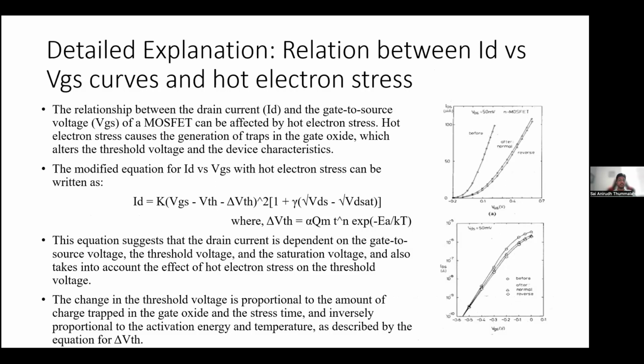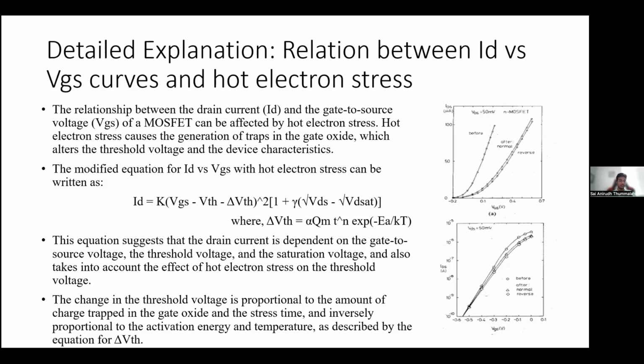Now coming to the relationship between drain current and gate-source voltage, and the effect that hot electron stress has on this relationship. We know that the relationship between ID and VGS can be affected by hot electron stress, and hot electron stress causes the generation of traps in the gate oxide, which alters the threshold voltage of the device. And taking into consideration the effect hot electron stress has on threshold voltage,